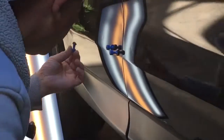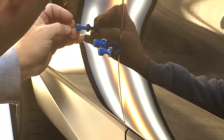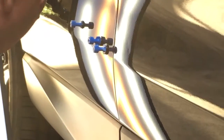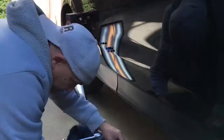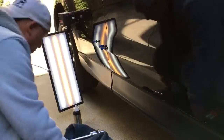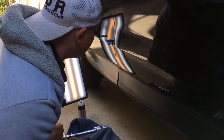Come through, give you the in-depth glue pulling, I wouldn't say tutorial, I'd just say video. In-depth glue pulling video. Over the shoulder, in the light board, and at this point in the videos when I